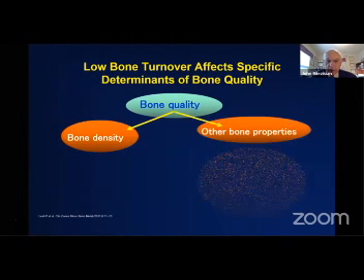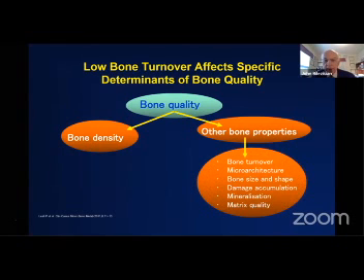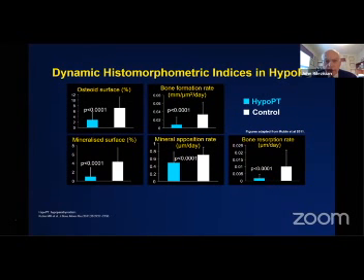Now, we know that bone quality has a number of features. We are going to speak of bone density in a moment, and I'm just going to touch on some of these other aspects of bone quality. I alluded to the low turnover. This slide indicates, again, from our work, markedly reduced osteoid surface, bone formation rate, mineralizing surface, mineral apposition rate, and bone resorption rate. So everything is ratcheted down in